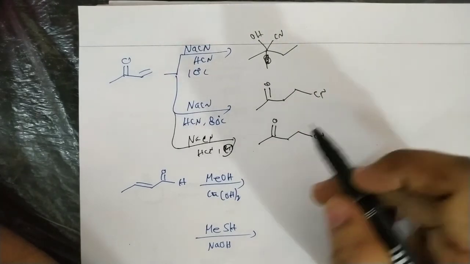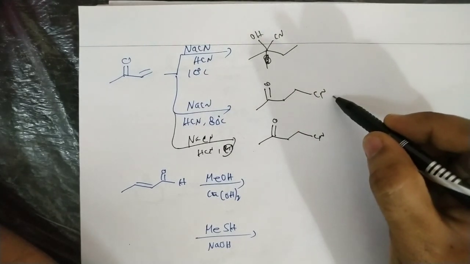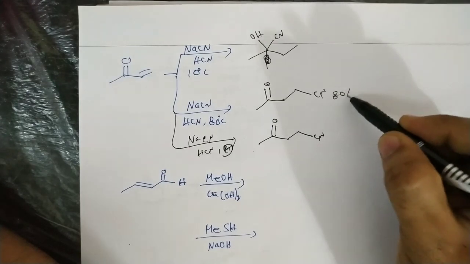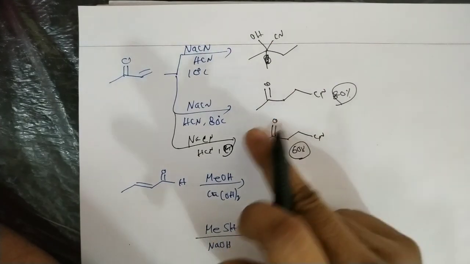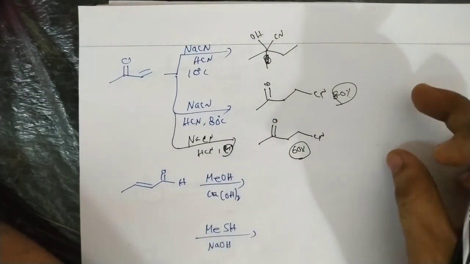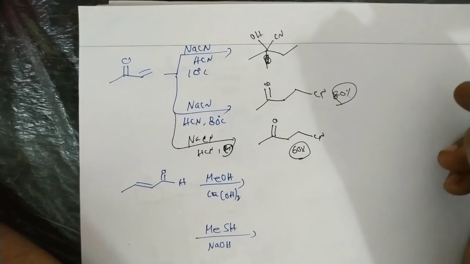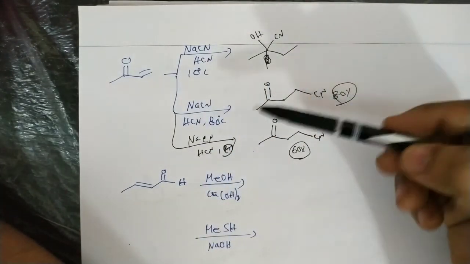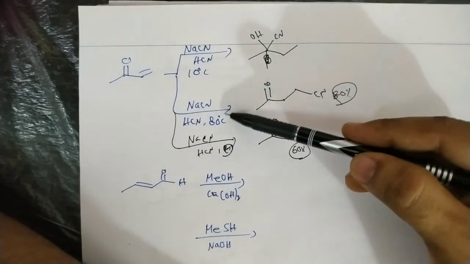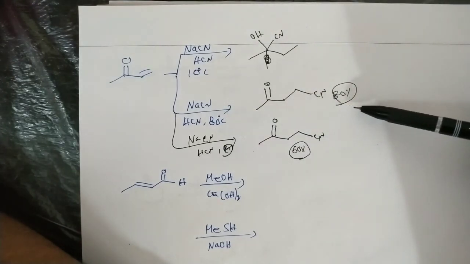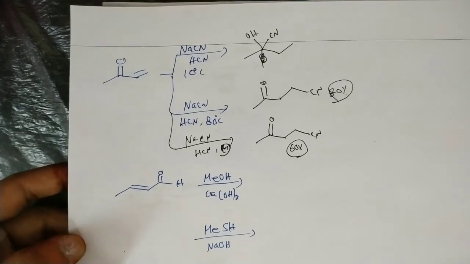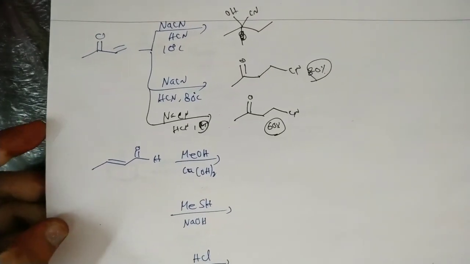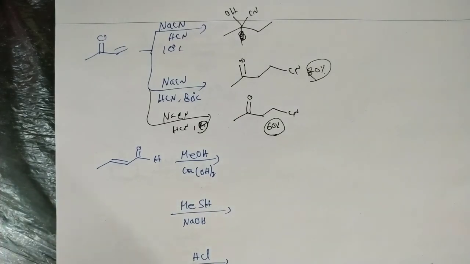But between these two cases, suppose the product percentage may be 80 percent in this case and 60 percent in the other. So based on the temperature conditions, the product yield may vary. At low temperature conjugate addition, at room temperature also conjugate addition takes place. At high temperature conjugate addition, but with good yield. Okay, so finally, the addition of HCN, that is NaCN, to the carbonyl compounds gives the cyanohydrins, which takes place as a conjugate addition reaction.